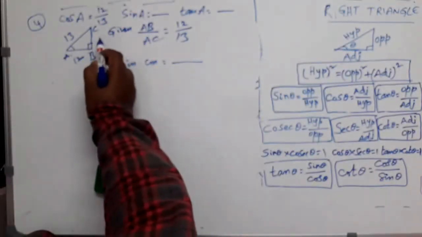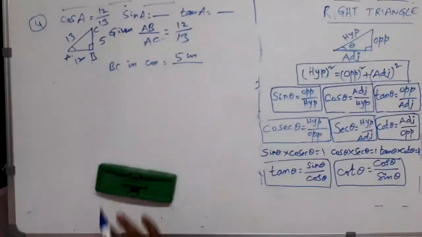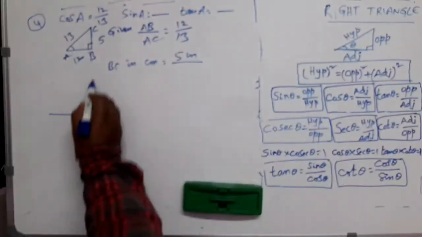Yes, most of you who are habituated to that procedure, that is, if a ratio is given, you mark the sides like this and find the third side using Pythagoras theorem, just like this, right? Just what I have done now. We have found it to be 5 units, right? So BC is 5 centimeters. This is the answer given by many students. But see this.